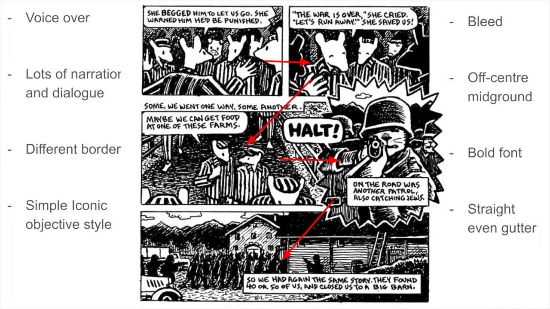For example, in this page, the reader follows the panels until the flow of conversation is suddenly interrupted with another panel. Unlike the other panels, this one has a spiky outline which bleeds through the gutter. Within the panel, it's a Nazi pointing a gun directly at the readers. His speech bubble is also filled with bold letters. By interrupting the sequence of dialogue with an offset panel, Spiegelman is able to generate a lot of tension and surprise in order to portray the unpredictability of war.